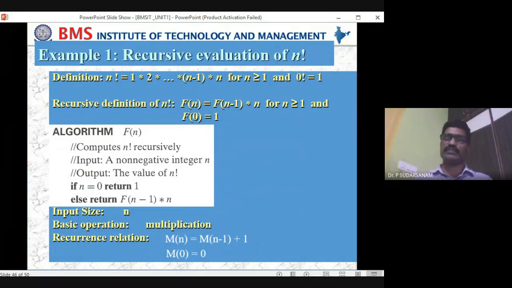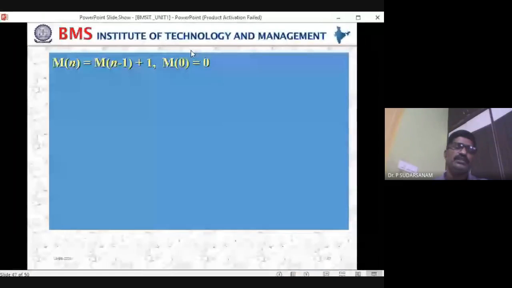If you write it as n, what will happen in this one? Into n, every time you are multiplying in the general equation, when you calculate n into n into n into n, it will come. So that is one number you are taking separately, plus n. That's it. That is the way of writing the general equations. So that is what you have to take as the general equation. Okay, sir. So when you have the functions, you write how many times, that is nothing but the multiplication. So the other number n is one number, you are treating it as one number. That's it. So this is what the non-recursive problems and the equations are.